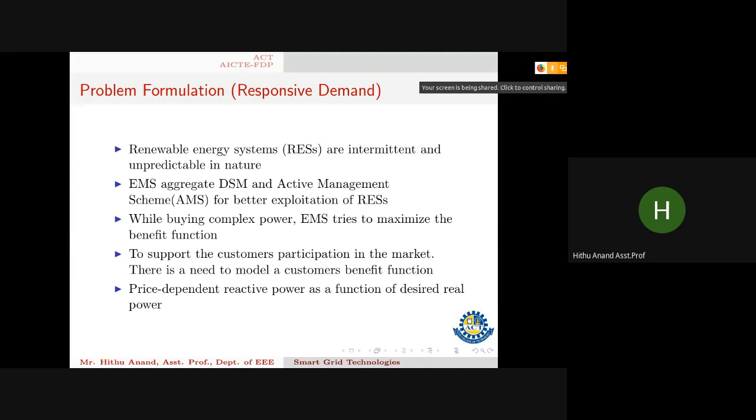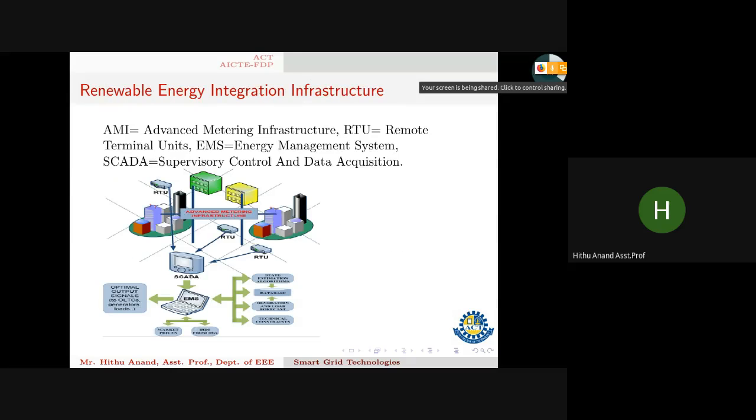In my problem, in future I might be working on demand response, where I have to model price-dependent load models. I don't want to discuss that right now. And please make sure that at least it is not shared anywhere, because this is my research work that I am discussing with you. Maybe after one or two years, we might be able to share that, right?